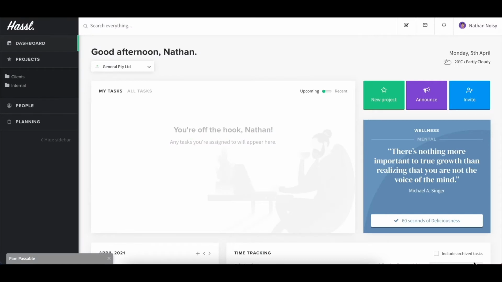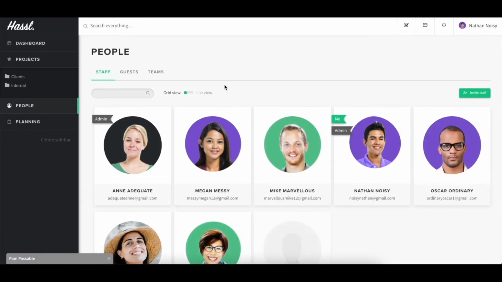Hey everyone, I'm going to show you how you can set up Hassl as an agency to make all your workflow be in one place. So I am Nathan Noisy and I am the admin of this account. I'm not going to take you through adding people because it's quite self-explanatory, but once you've added your staff members,